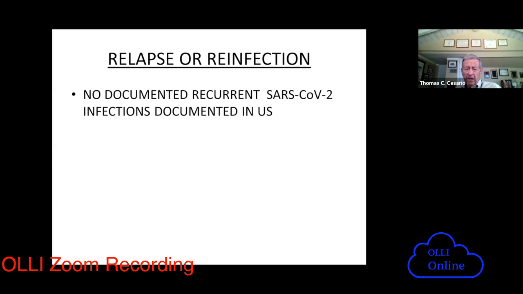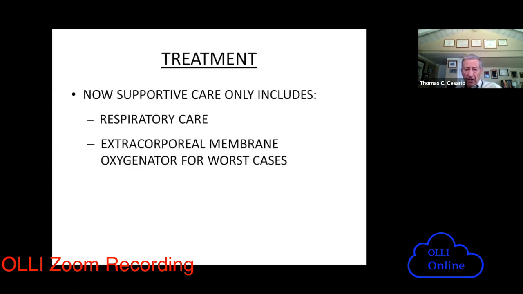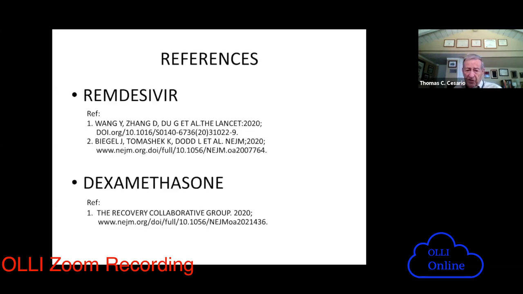Next slide. So the next slide is treatment. Now, in most cases, when we get people in the hospital, all we can do is support them. We give them IVs, we give them oxygen if they need it, we put them in the ICU if we have to, but we don't have an effective treatment for everybody. So we follow them along till we're making sure that they're okay, they're gonna be all right, then we send them home. So we give them respiratory care, in the worst cases, ICU, intubation, extracorporeal membrane oxygenators. However, next slide. We do have some good news.